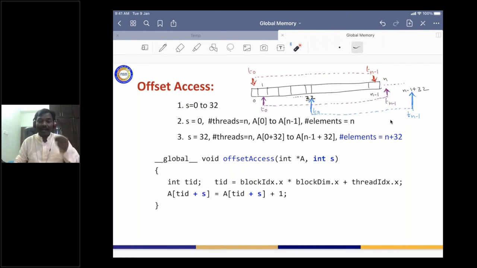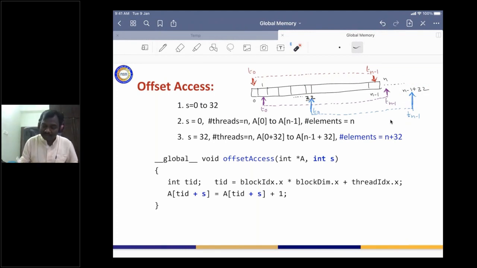Now let us understand what happens when the value of S is 32. When the value of S is 32, T0 to Tn minus 1, all these threads are going to access memory locations from 32 to n minus 1 plus 32.